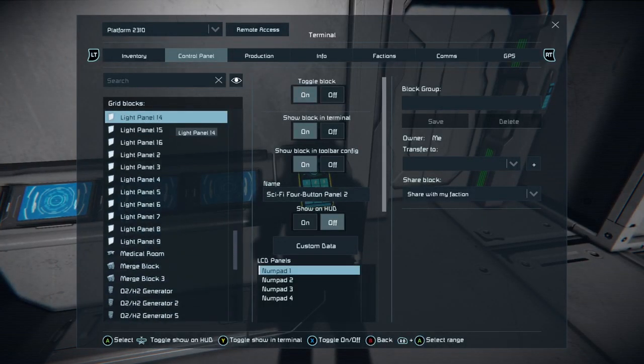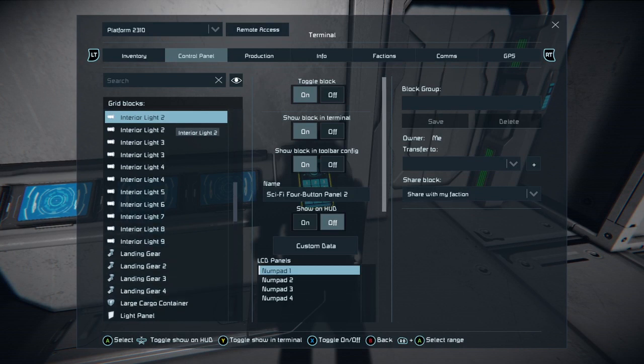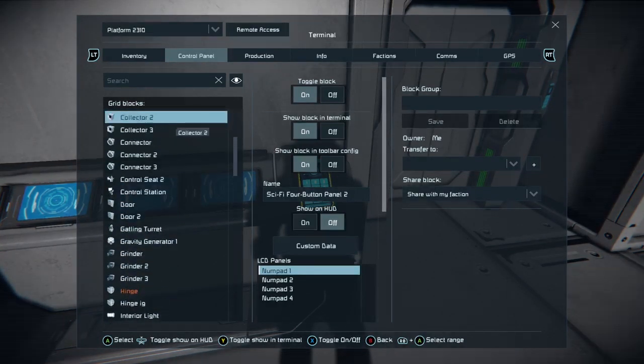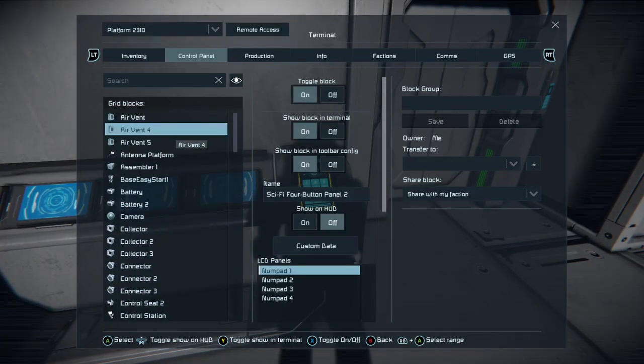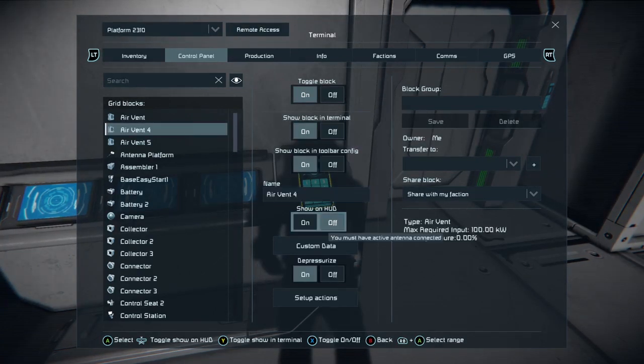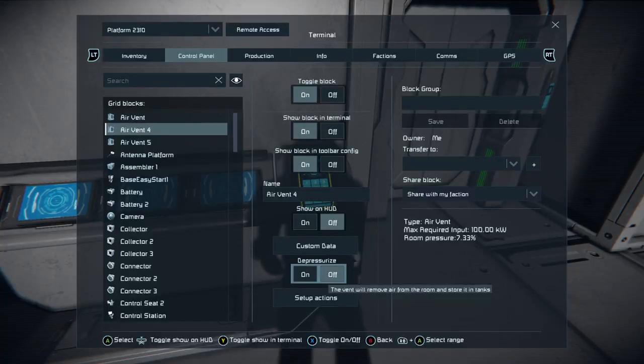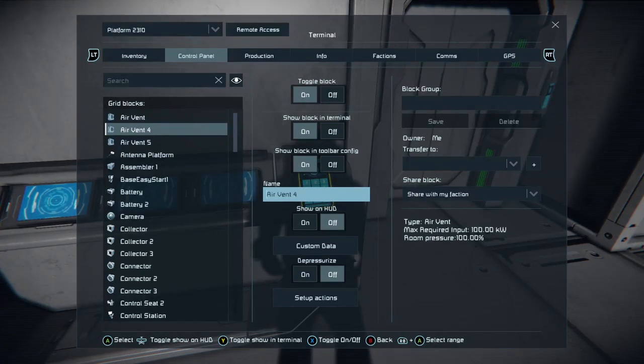So up we go to air vent 4 again. I could type air vent 4 and get there quicker. Depressurize off, and you'll see that we're pressurizing again. So we now know that that air vent 4 is our airlock.